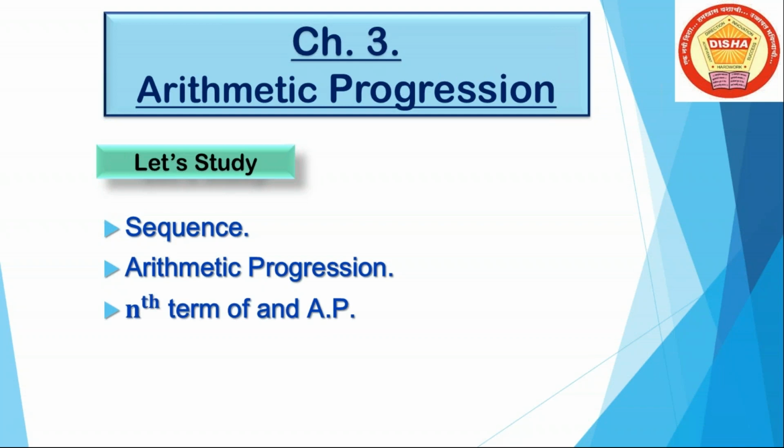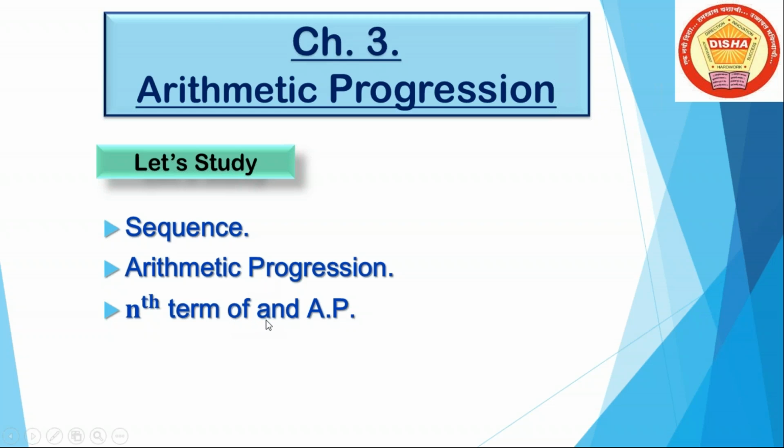Okay, it means in the question an AP is given, and then we have to find the nth term. For example, 2, 4, 6, 8 is a sequence. In that sequence, which term is present at the 21st place? It means which is the 21st term in the given sequence. If a sequence is given, it is an AP, and in that AP we find the 21st term by using the formula, which we see in that point, the nth term of an AP.